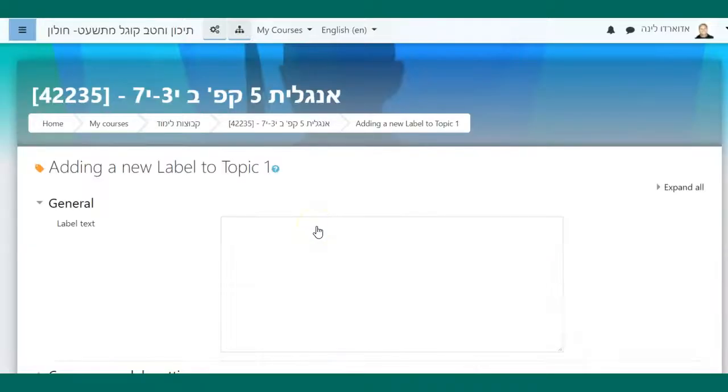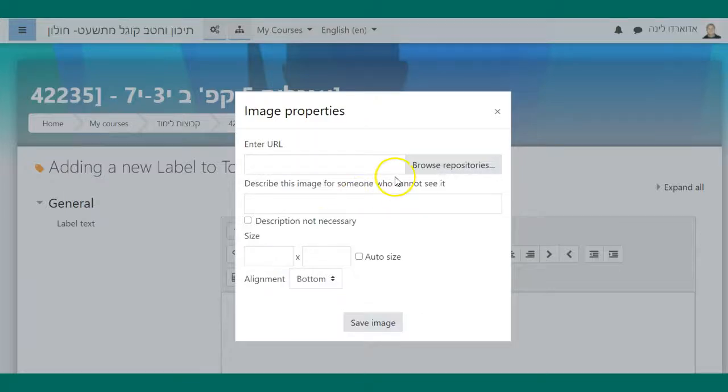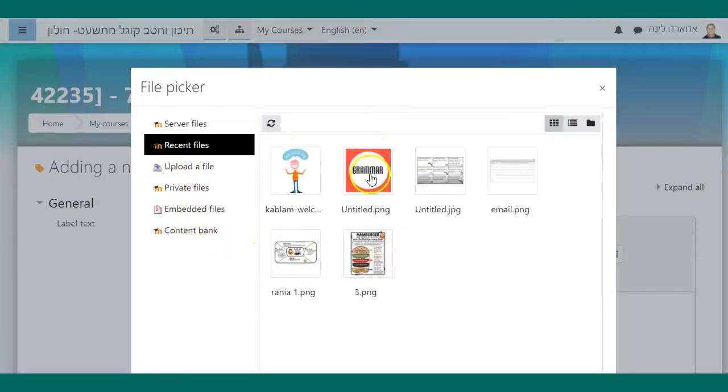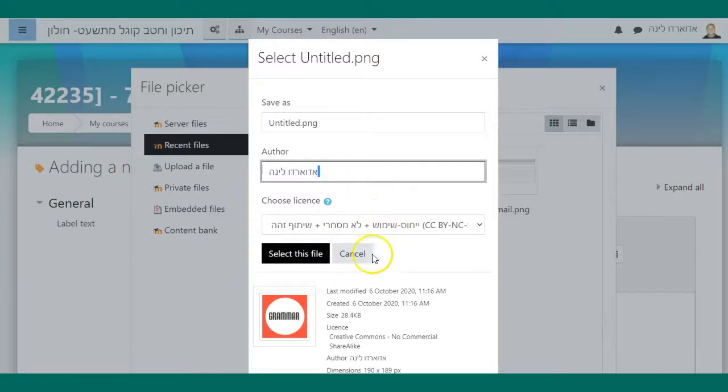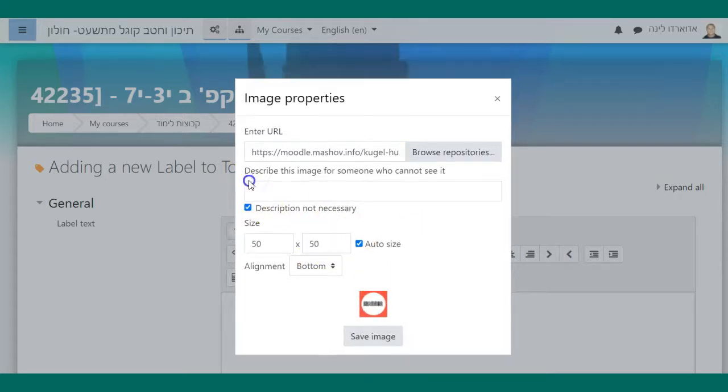In this resource, just like in many others, I can add media or an image or text. I will add an image. Since I have this image in my Moodle platform, I will simply select one that I have recently used. It's called Grammar. I'll make it smaller so that it suits the other images that I have placed in the